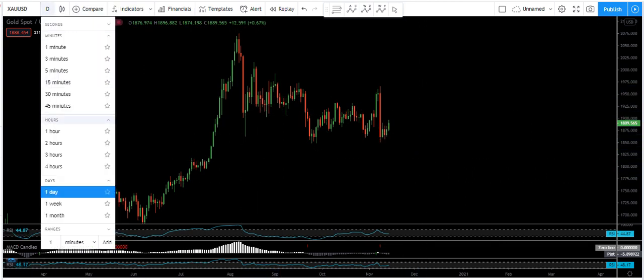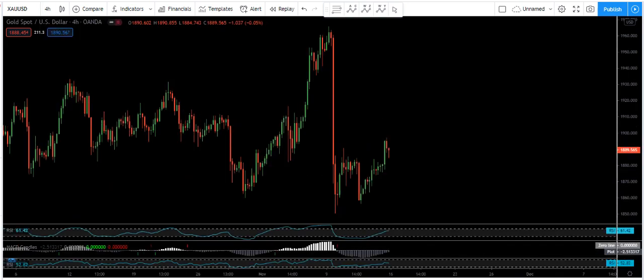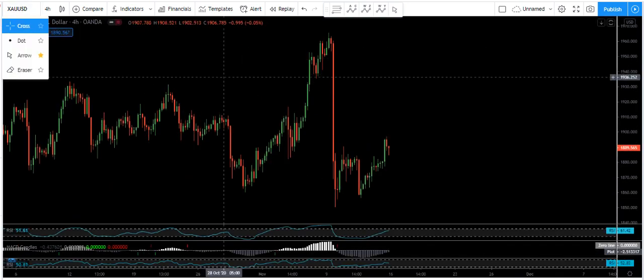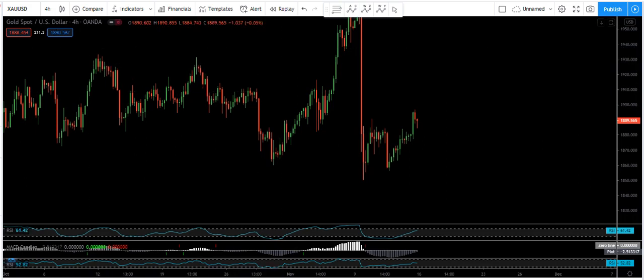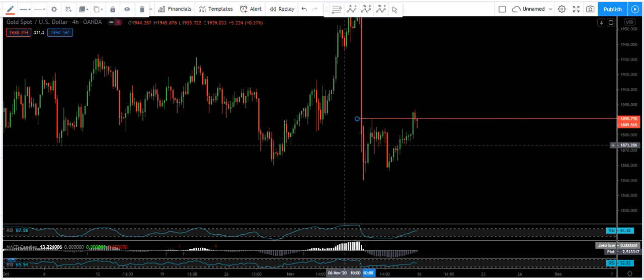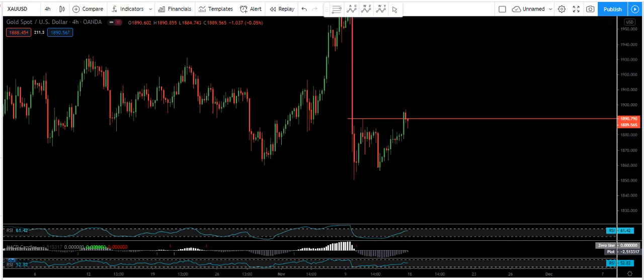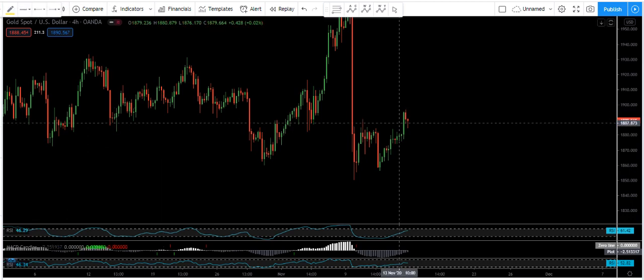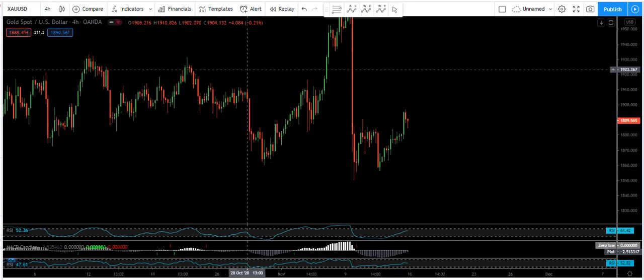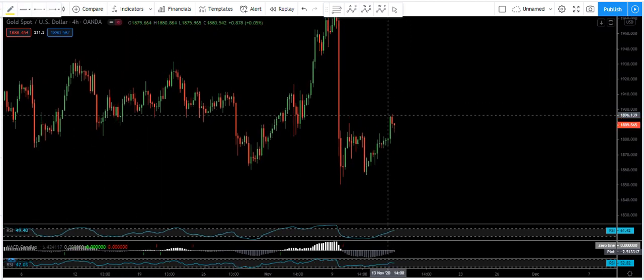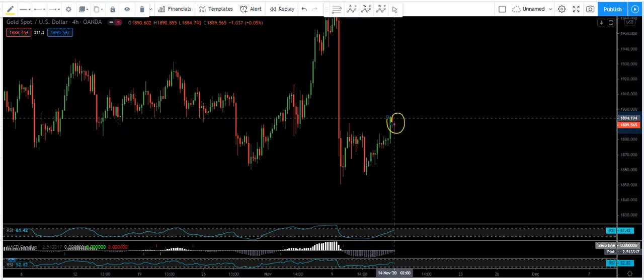In this case, we move to the 4-hour chart. If you refer back to my last video, price was here, and I mentioned that we want the price to break this top before we look for the sell setup. As we can see, the price broke the top, and now we want to see, when the market opens, what we will get here, whether this one can give us a sell setup